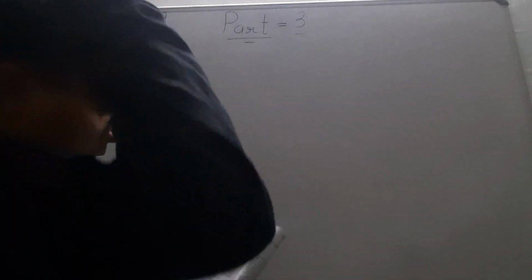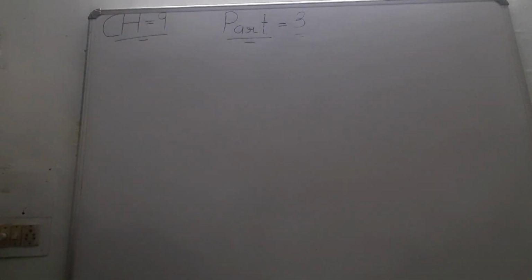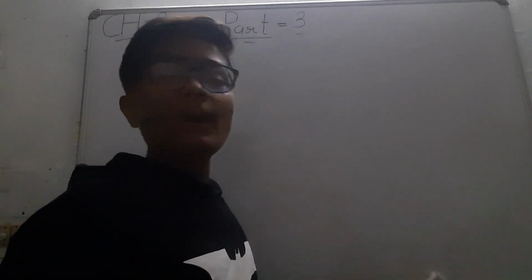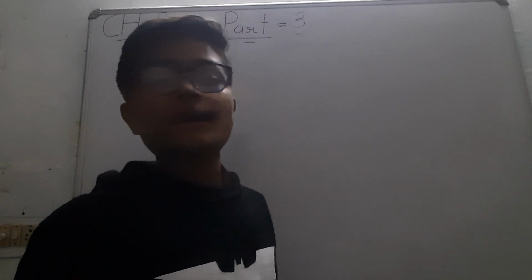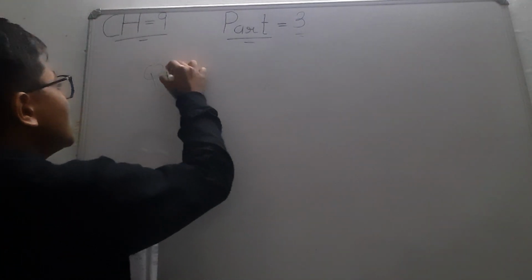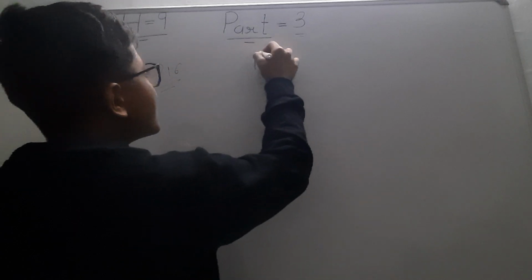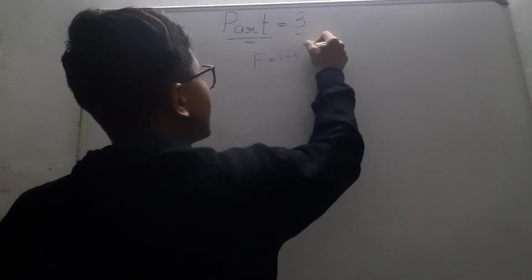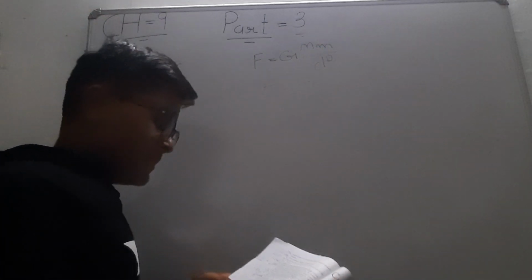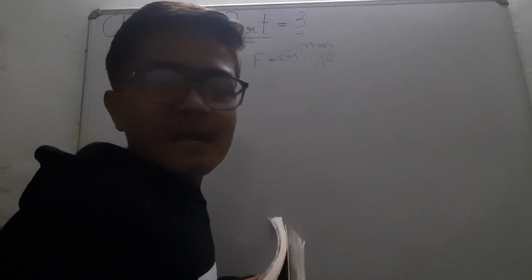Let's do question number 16. This was too easy, man. You have to just put in the values. I am just writing the formula of question number 16, and you have to put the values and give me the answer in the comment box. If anyone gives the right answer, I will pin their comment. Same formula, students: F is equal to G m1 m2 upon d square. Now put the values according to the question and give me the answer in the comment box.